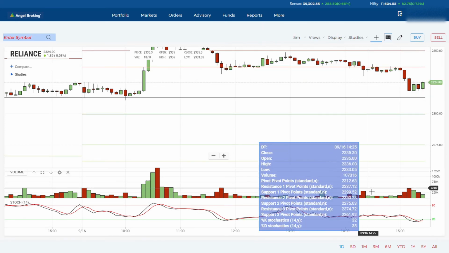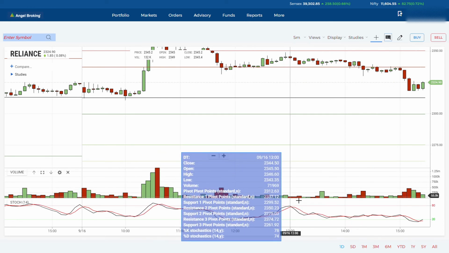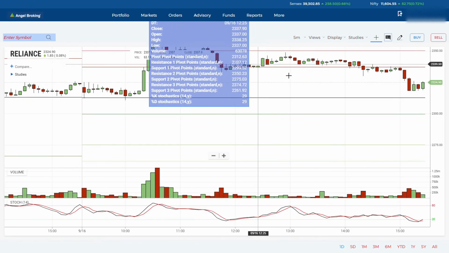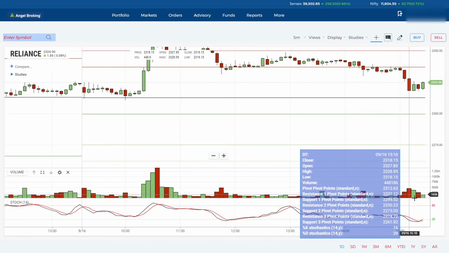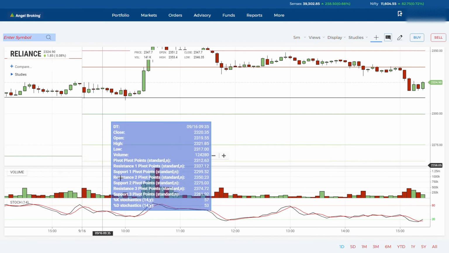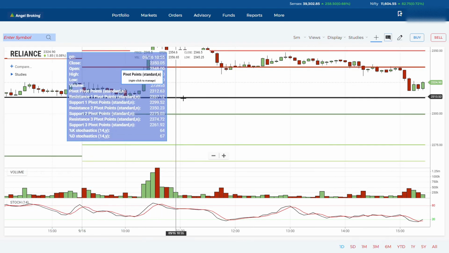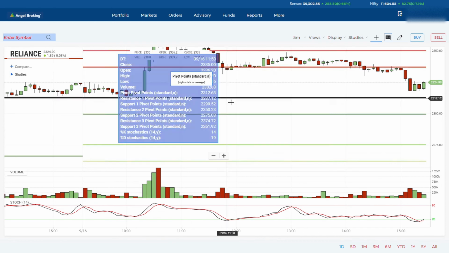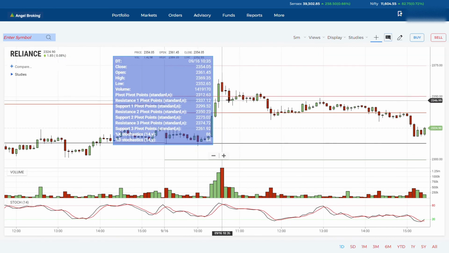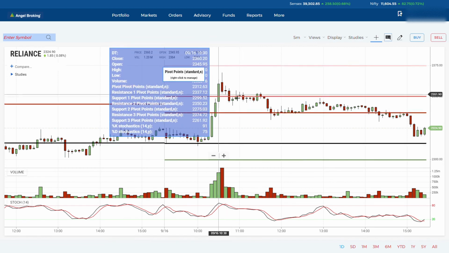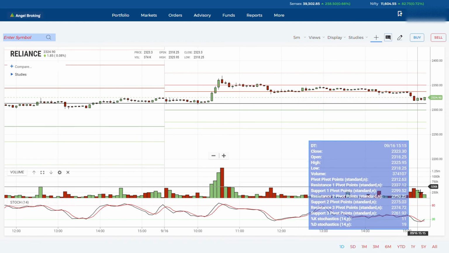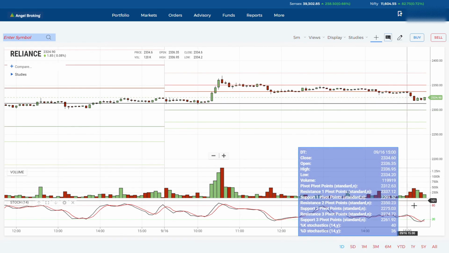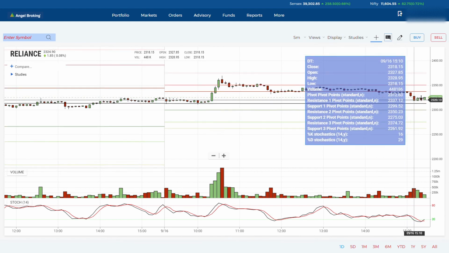So you can combine this with volume. If you see here, these are very small volume bars, so we can avoid this because it's kind of in a range. Whenever you see good volume, it could be a red candle or a green candle, you can go for a long or a short. You see a good volume bar here, right? A good breakout has happened. Similarly, you see a very big red candle with a big volume bar. A good breakdown has happened.